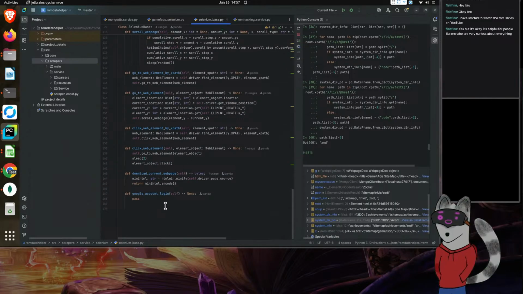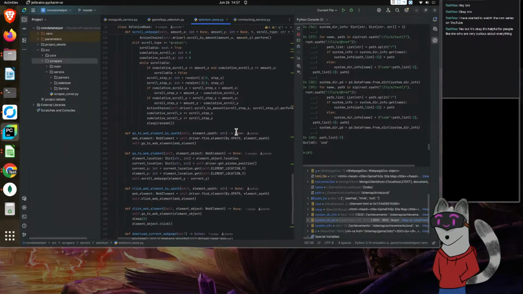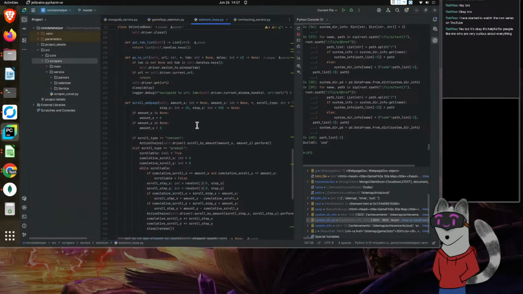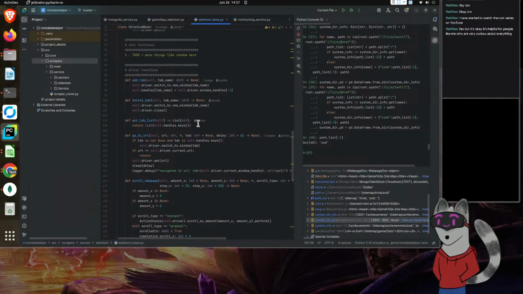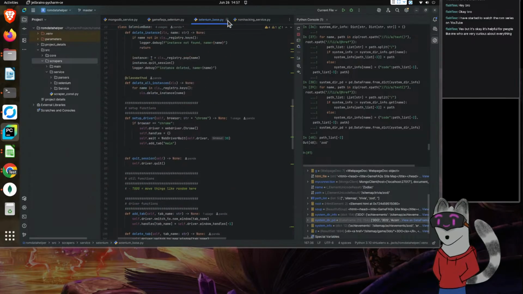We have not done the login yet, though. I should probably make sure that I have something that will remind me. All right, add in login functions. Scrolling is good. URL is good. Tabless is good.